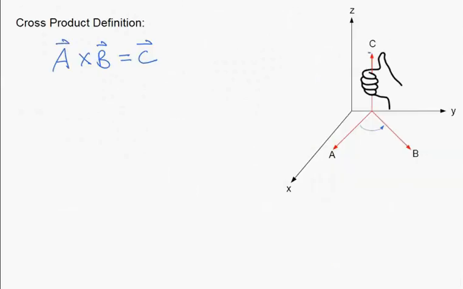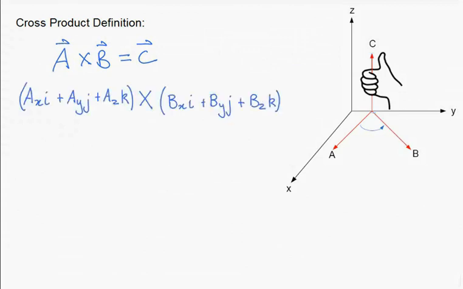The magnitude of this resulting vector, vector C, can be calculated from the formula: magnitude of A multiplied by the magnitude of B, then multiplied by the sine of the angle between the two vectors. To solve a vector cross product, written in the form on the screen below, a matrix needs to be formed. The matrix for vector A cross vector B looks like the determinant of I, J, K,